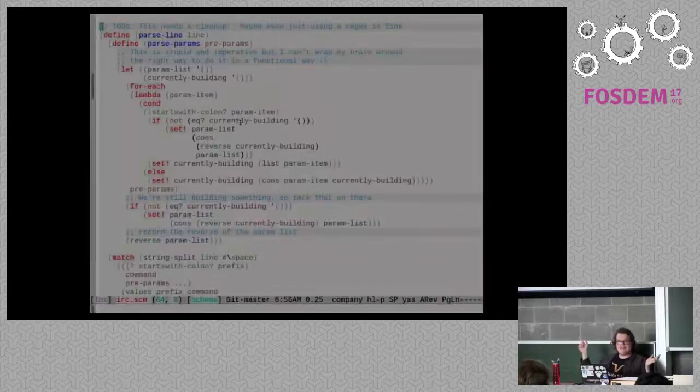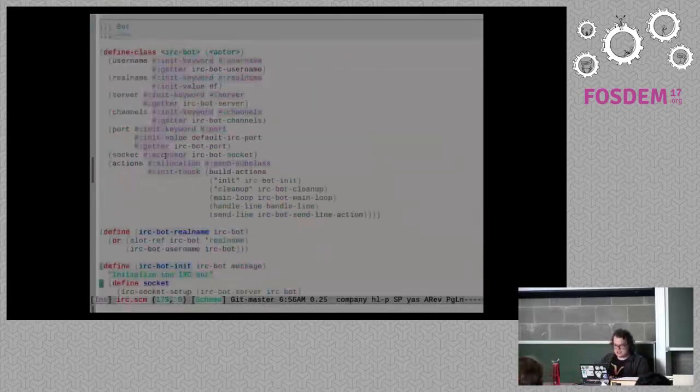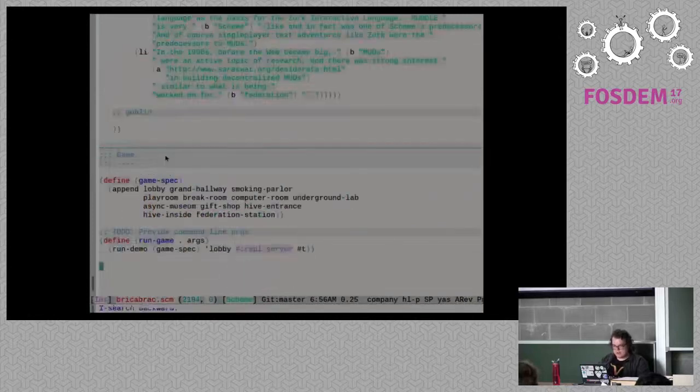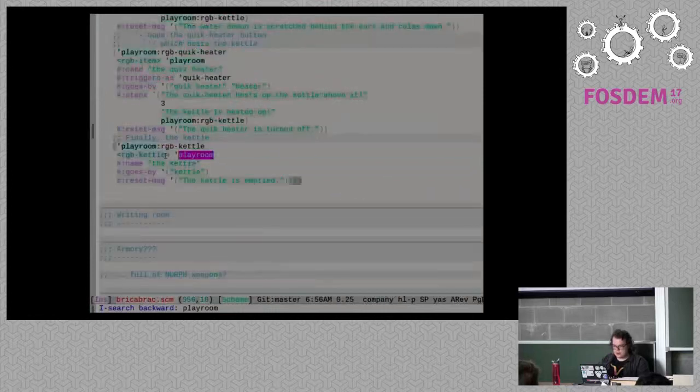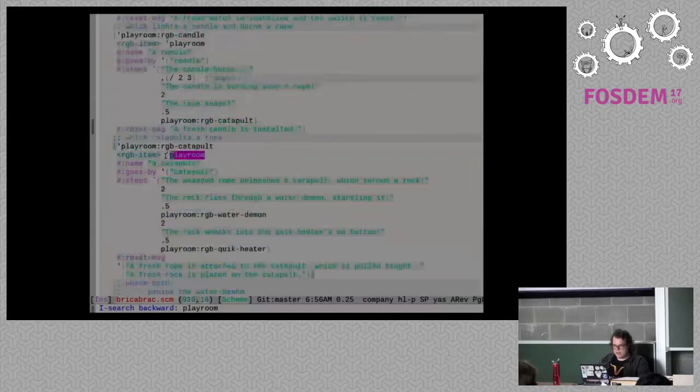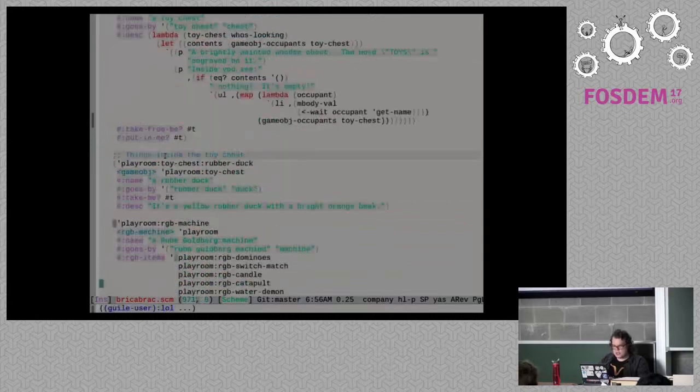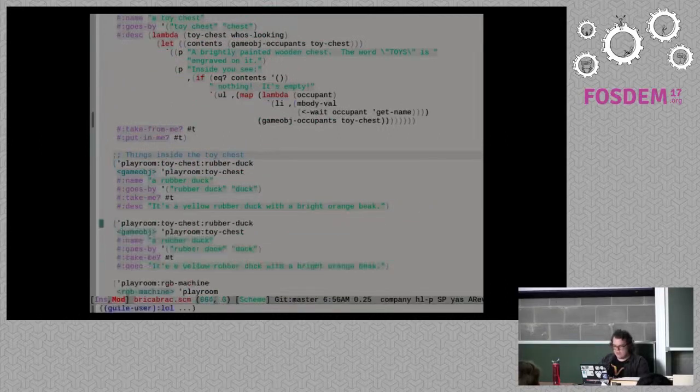Okay, let's add it to the playroom. And I've got to switch back to Brickerback. So, playroom. Here's where I've got all the RGB stuff with the whole machine. And inside there's a rubber duck. Well, why don't we, instead of the rubber duck, add a tinfoil hat, right?